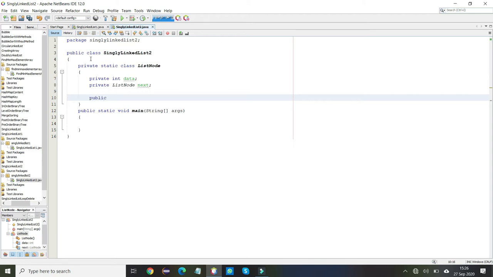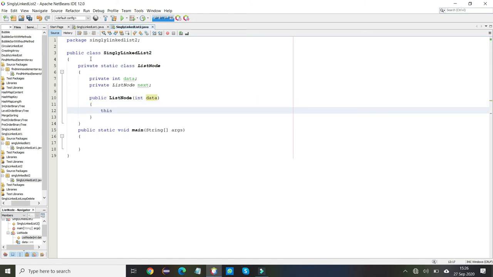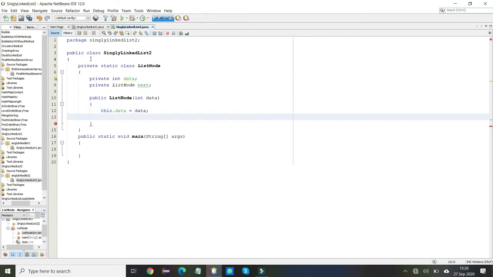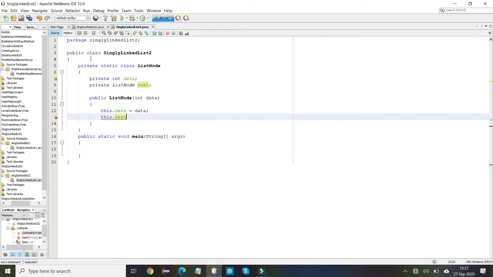So we can write public ListNode, and it can take only the data value. We can use the this keyword to initialize the values. We can give next null because it can only take data. So this way, we can create the constructor.